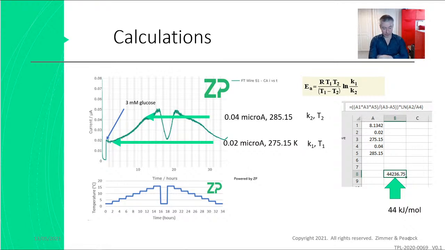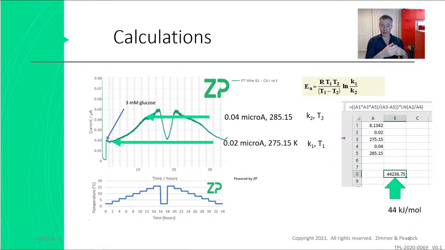Now I'm doing this from memory, but that is the kind of activation energy associated with chemical reactions. So my hunch is that the reason a glucose sensor has a temperature effect is because